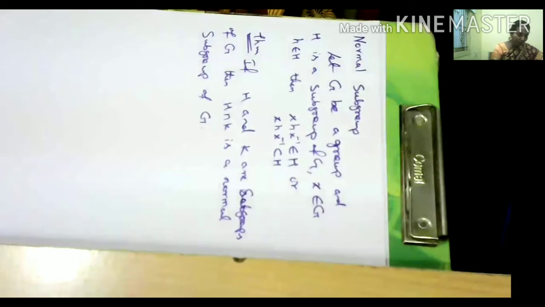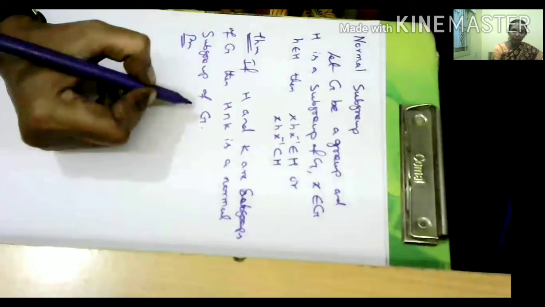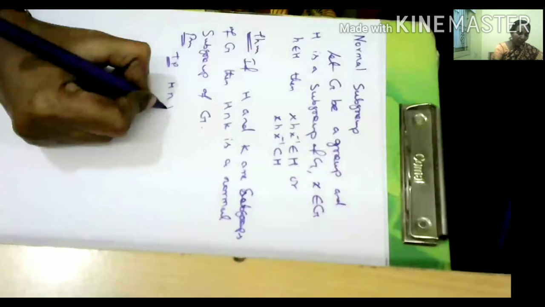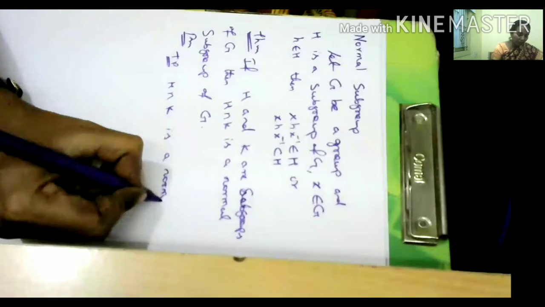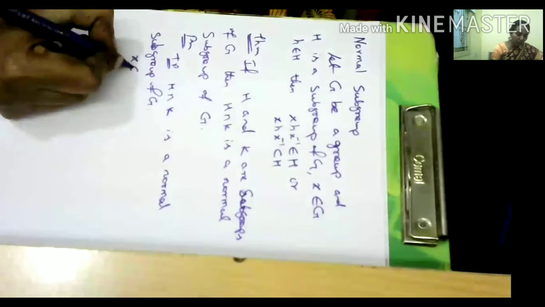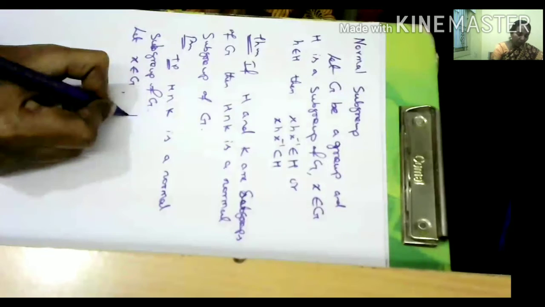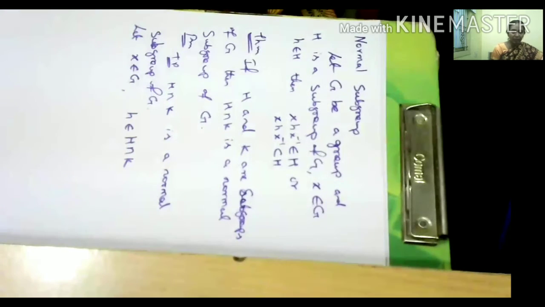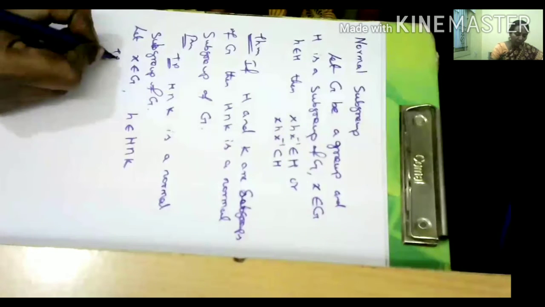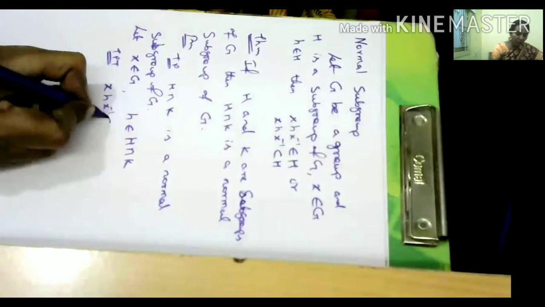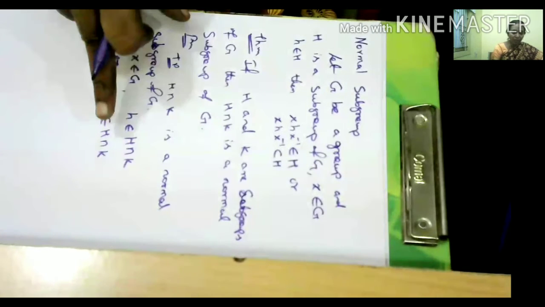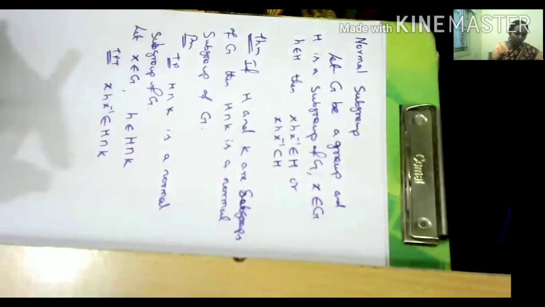By the definition of normal subgroup, take one element from capital G and also take an element from H intersection K, because we are proving H intersection K is a normal subgroup of capital G. Therefore, take an element x belongs to capital G, and small h belongs to H intersection K. So we need to prove that x h x inverse belongs to H intersection K. If we prove this, it means H intersection K is a normal subgroup. Okay, how are we going to prove it?